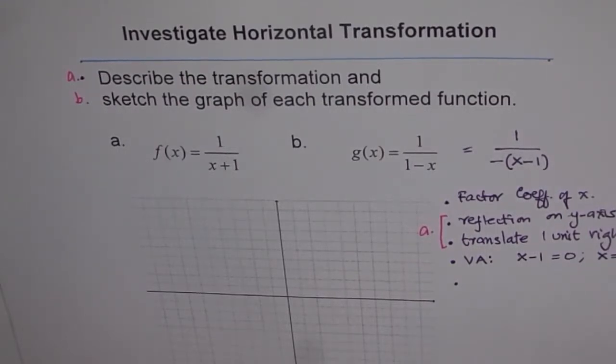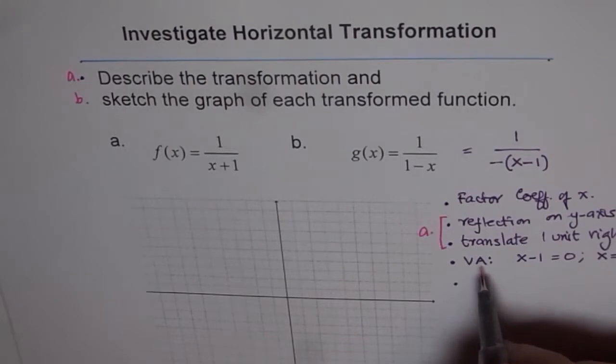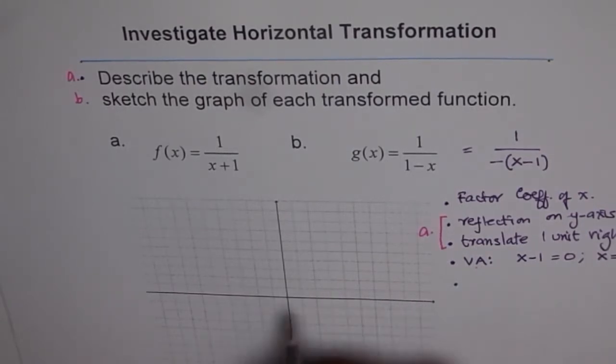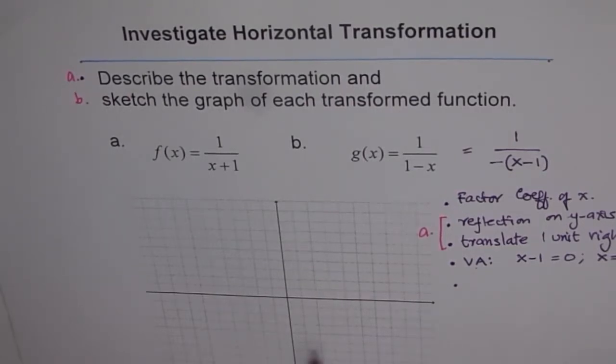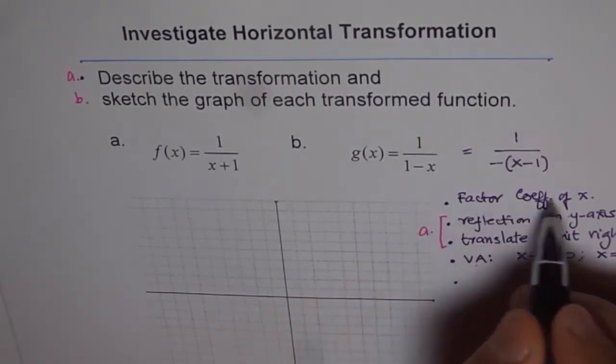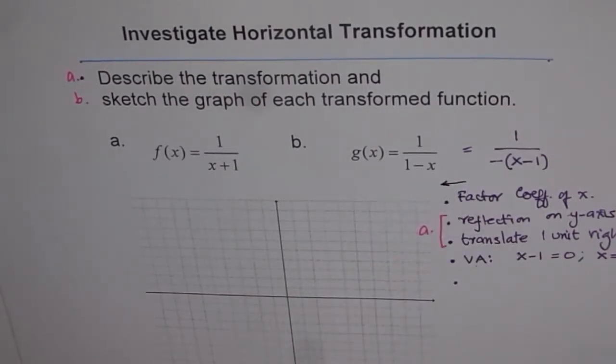As soon as you get your vertical asymptote, x equals 1, vertical means it's a straight vertical line at x equals 1. This is what it means, so you have to plot this. But before getting into the hurry of plotting, I want to remind you of one more step. The steps so far are: factor the coefficient, and then let me go in this order, the second step will be